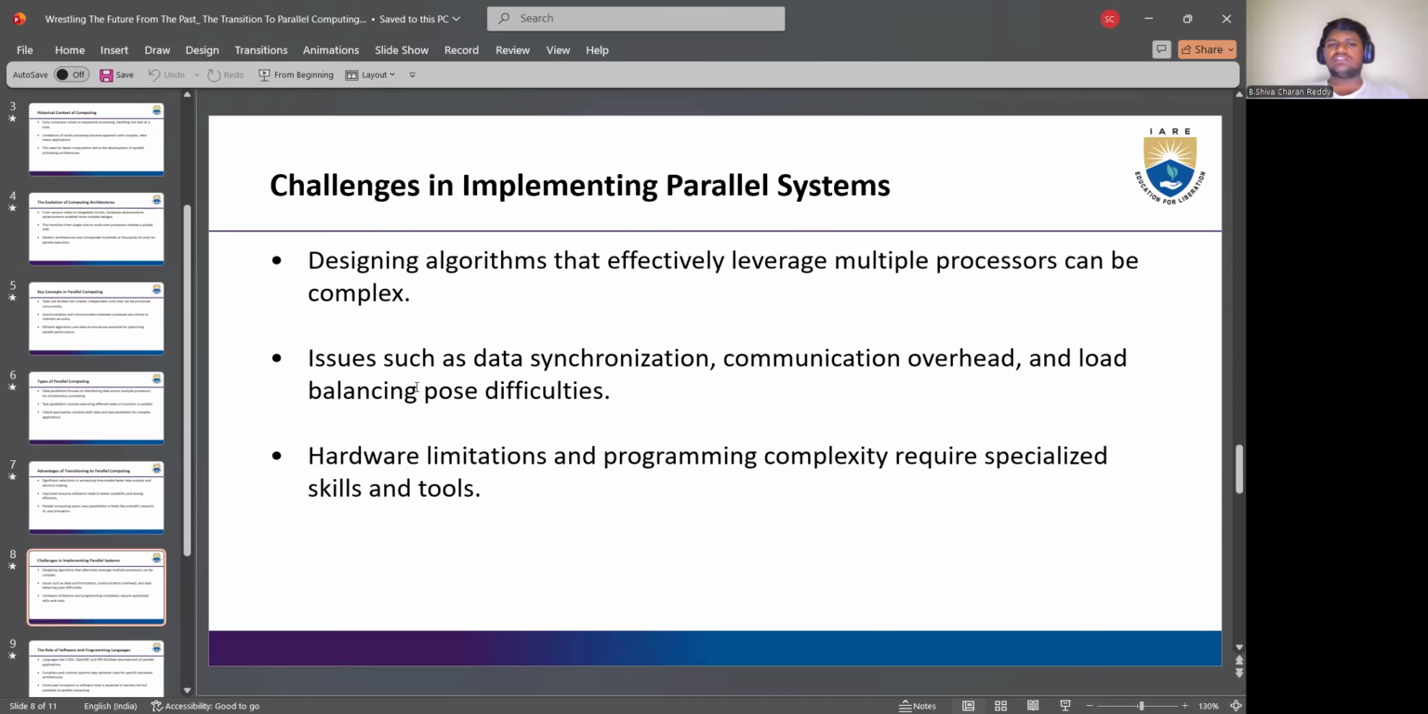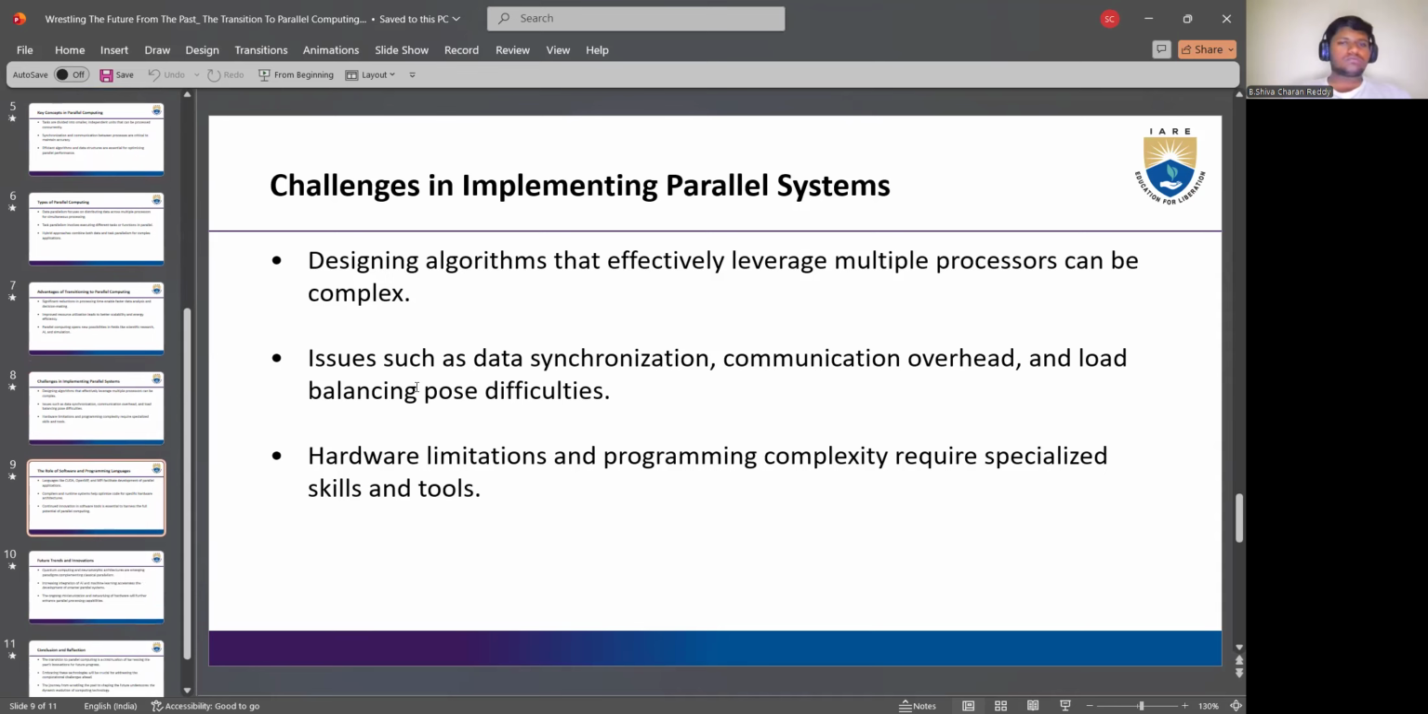Coming to challenges in parallel systems, in implementing these parallel systems, designing algorithms that effectively leverage multiple processors can be complex. Issues such as data synchronization, communication overhead, and load balancing pose difficulties. Hardware limitations and programming complexity require specialized skills and tools. So, designing these algorithms using multiple processors is a bit complex. There may be data synchronization issues, communication overhead issues, and load balancing difficulties too. The hardware limitations and programming complexity require specialized skills and tools, like the hardware we talked about earlier, and the proper system is needed to